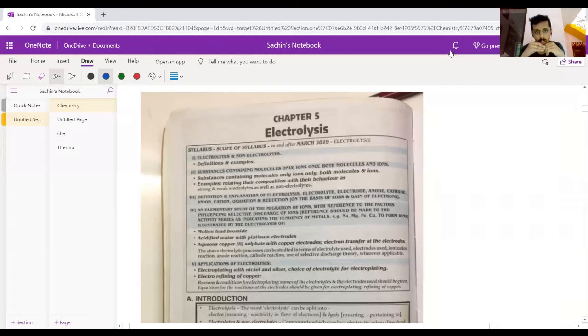Hello. From today, I'll be starting a new series where I'll be discussing individual chapters of the 10th standard textbook. For now, I have taken the 10th standard ICSE textbook, but these lectures can be referred to by anyone who is in the 10th standard, whether they are CBSE, ICSE, or a regular state syllabus. These videos will be applicable for anyone who is in the 10th standard. And these are specifically meant for those who could not go to school due to this current pandemic, and anyone who is staying at home can take the benefit of it.